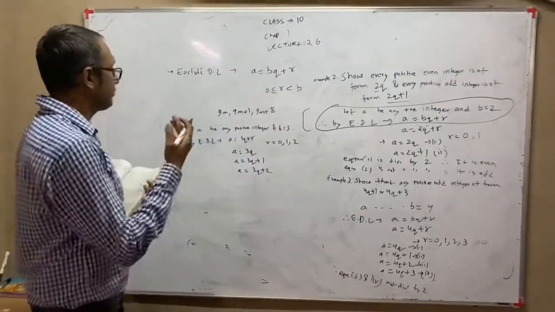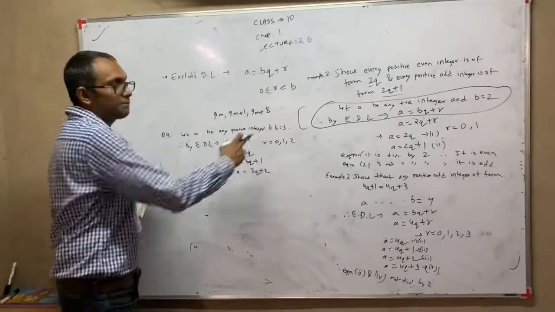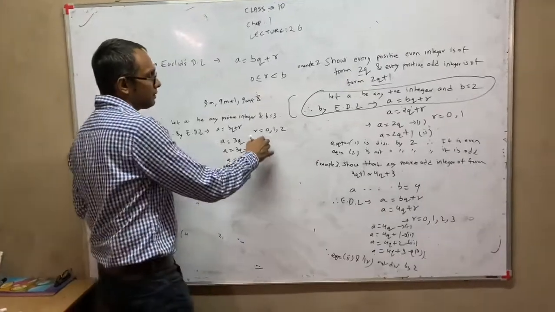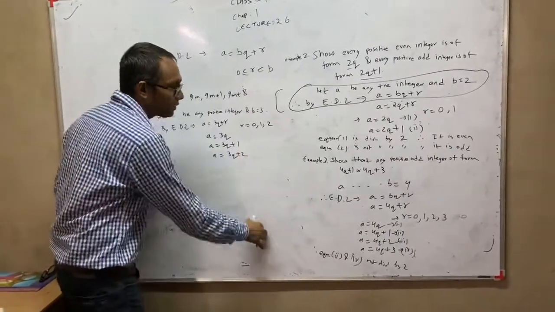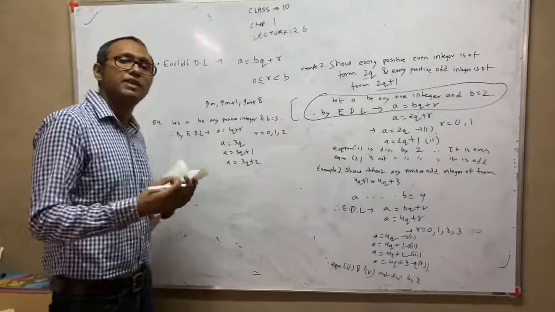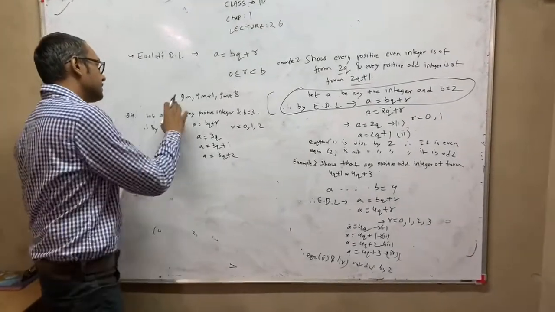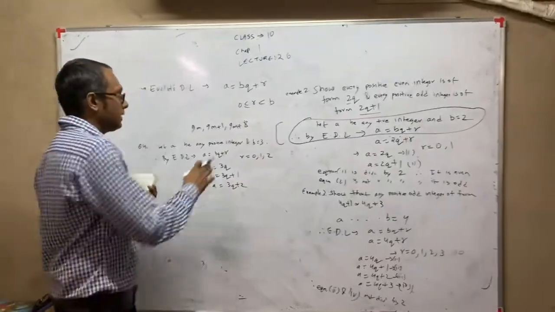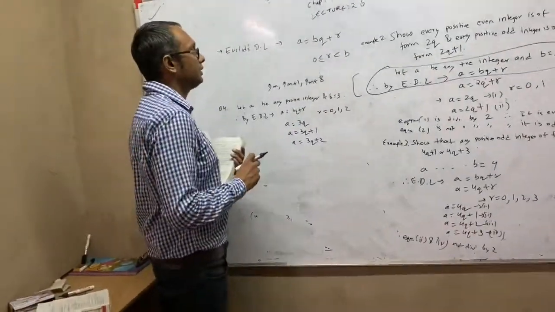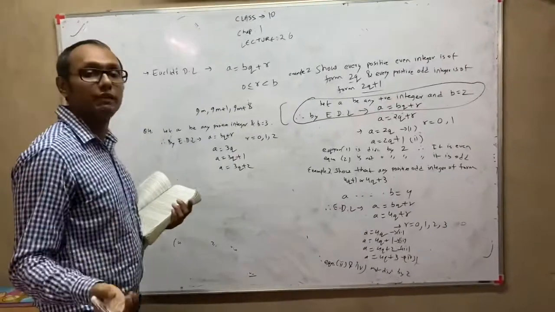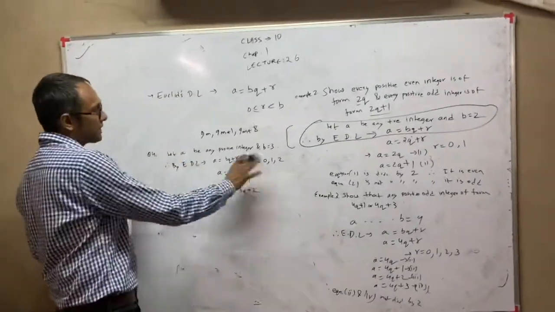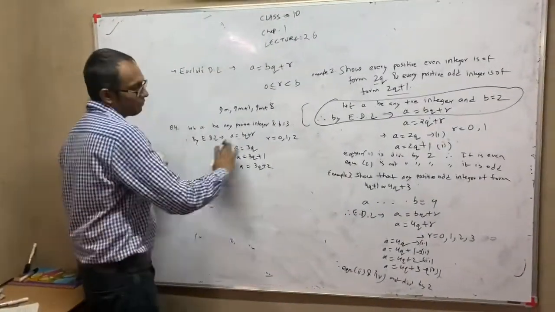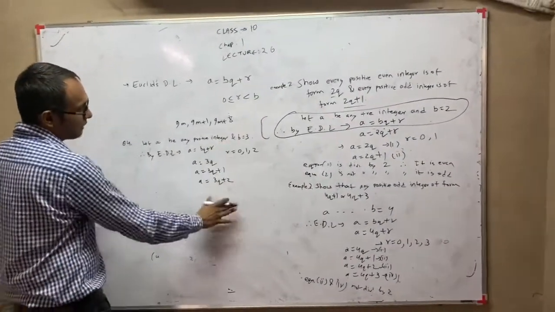Now of course, if we follow the same process, then we will take b equal to 9. But if we take b equal to 9, then we will get 0 to 8, 9 equations, and the sum becomes very lengthy. Since 9 is an exact multiple of 3, in this sum also we will take 3. So in many sums we will be doing this type of thing to suit our needs. Okay, so here the first step will remain the same: let a be any positive integer and b equal to 3. Therefore, by Euclid's division algorithm, you will write here.